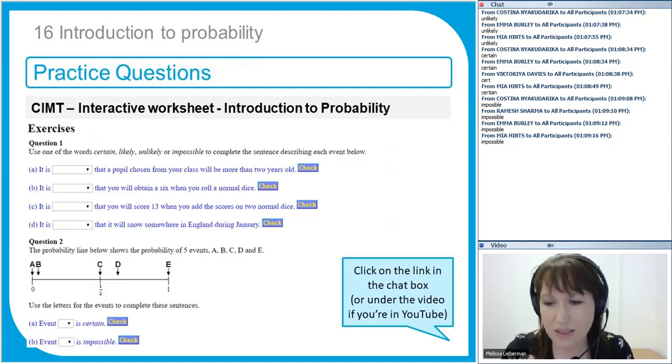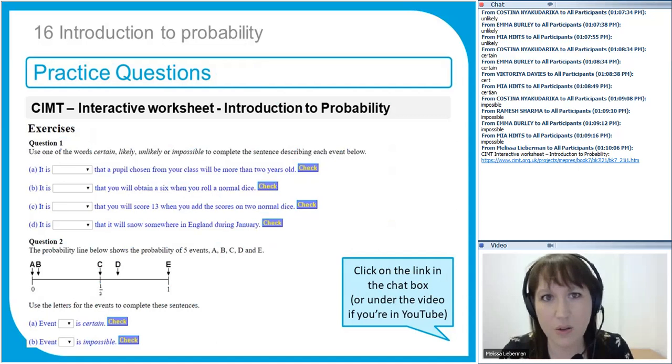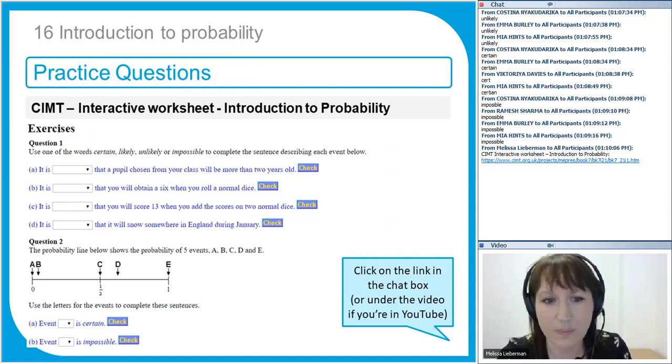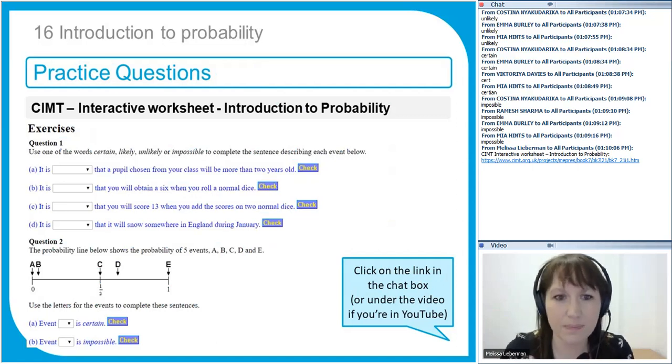If you want some practice of this using the language of probability, there's a nice interactive worksheet here I'm going to give you a link to. So if you're watching live, you can click that now. It will open up in your browser and you can go back to it later on. If you're watching this as a recorded version, as WebEx, go to the top, click on view, open up the chat box, click on the link. It will open up in a new page. You can either pause the recording to work on that, or you can go back to it later on. Just a quick activity. That shouldn't take more than 5 or 10 minutes.